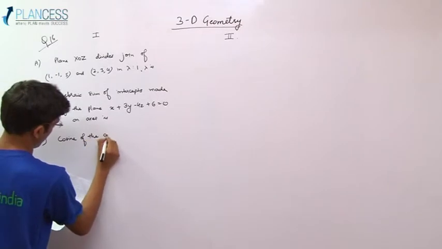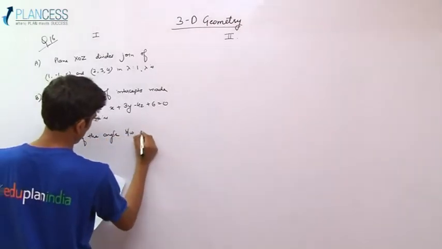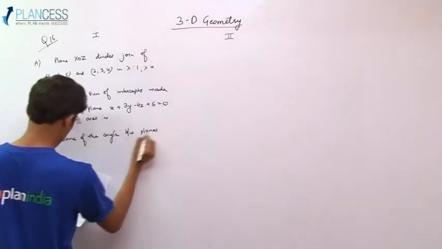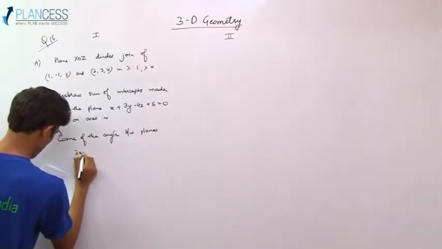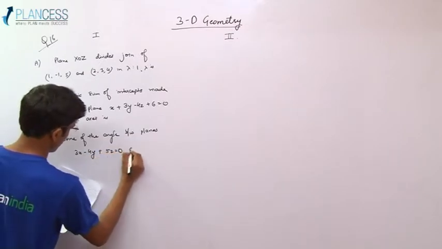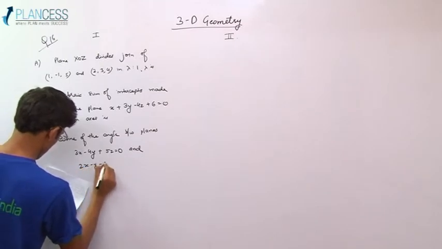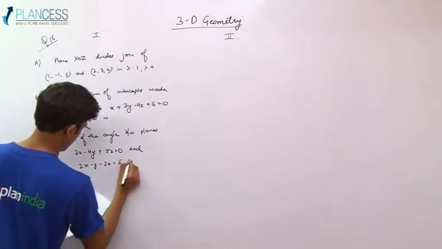Cosine of the angle between planes 3x - 4y + 5z = 0 and 2x - y - 2z = 5 is